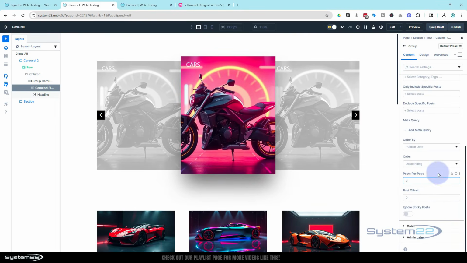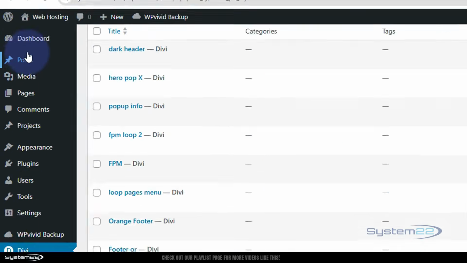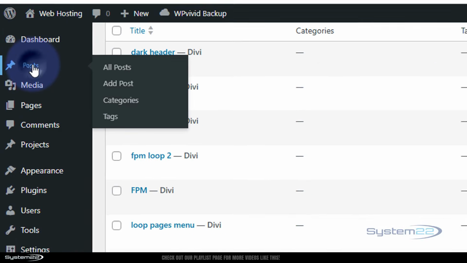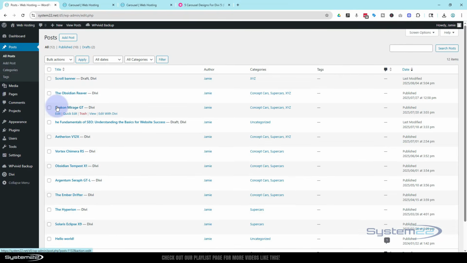Now, for anybody who doesn't know exactly what I'm doing here, let's go back to the dashboard. I have posts on this particular site, blog posts, if I go in there. A lot of them are these crazy fantasy supercars right here. They've got a category of supercars and concept cars, etc. But if we edit one,